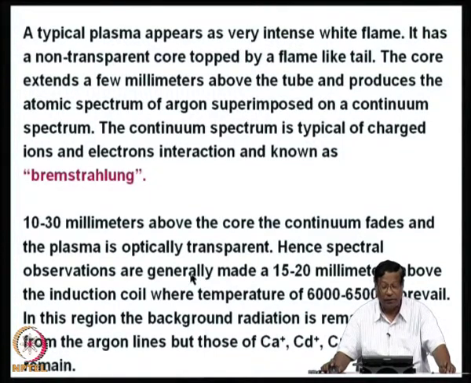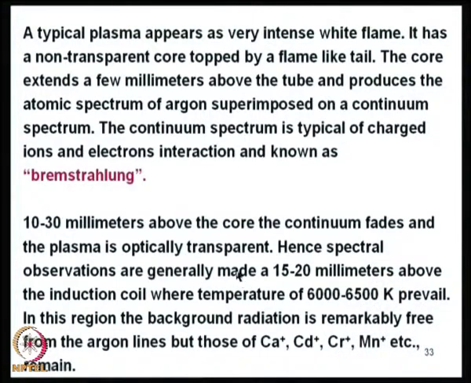Therefore, spectral observations are generally made at this height, about 15 to 20 millimeters above the induction coil, where the temperatures of about 6000 to 6500 degrees Kelvin prevail. In this region, the background radiation is remarkably free from argon lines also. Apart from the continuous radiation has already faded, argon line spectrum also fades in this region,